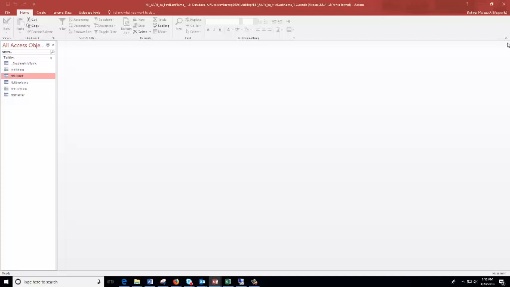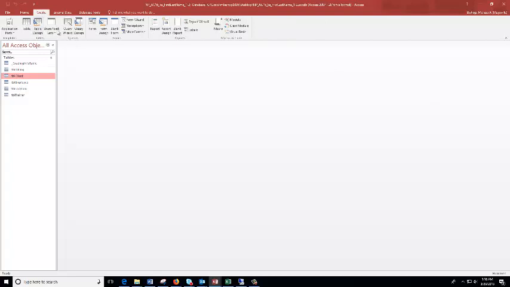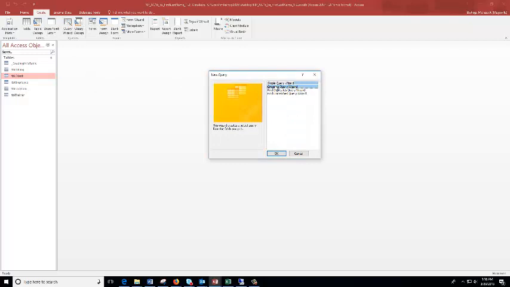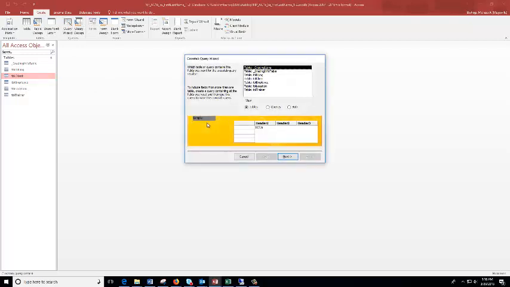Alright, so step 13, we want to create a cross-tab query based on the employee table with the following options. So now we're going back to the create tab, and this time we're going to use the query wizard, and we want to use this cross-tab query. So I'm going to click OK, and it wants us to use the location ID field values for the row headings. So we want to base it on the employee table, so I'm going to select the employee table first,